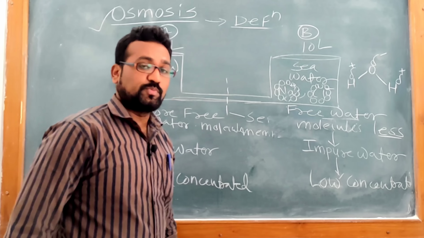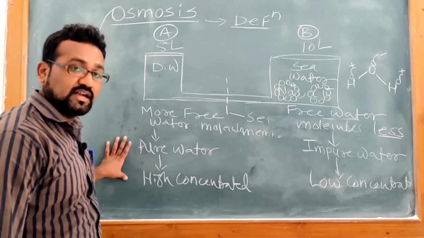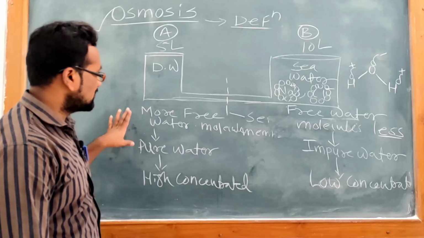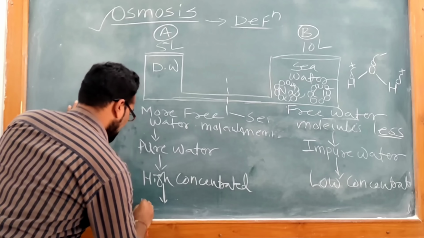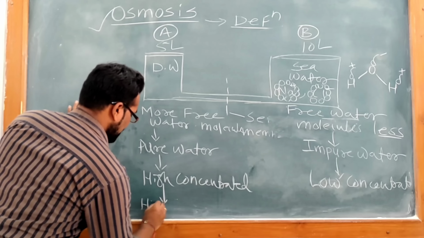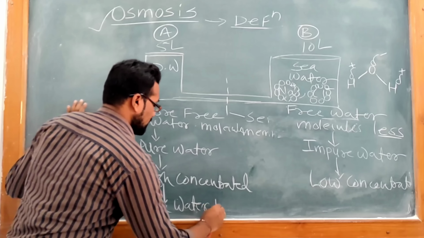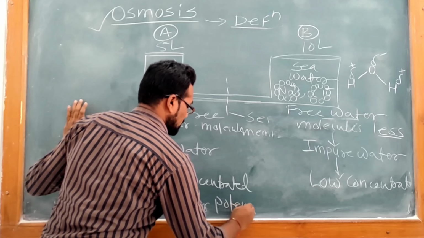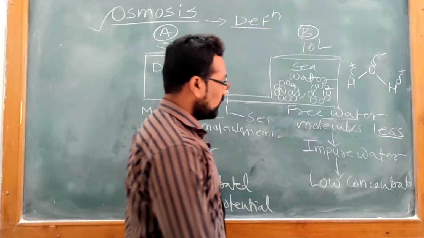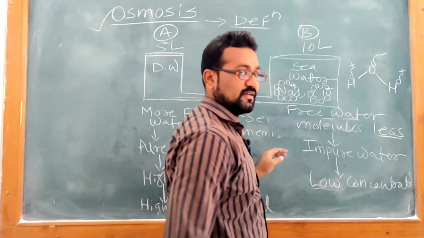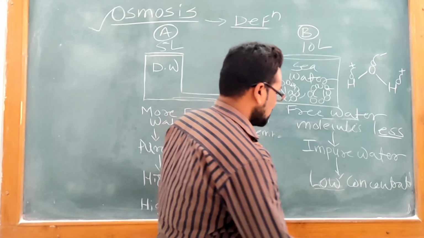This will help us to prepare our definition. So highly concentrated water, which is pure water containing more free water molecules, is considered as high water potential water. And the water which is of low concentration, impure water containing less free water molecules, is known as